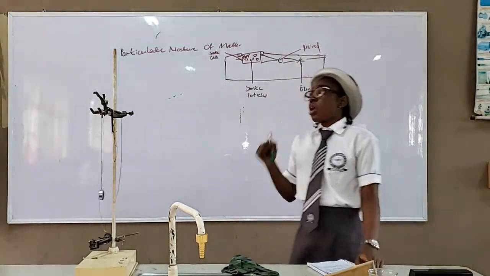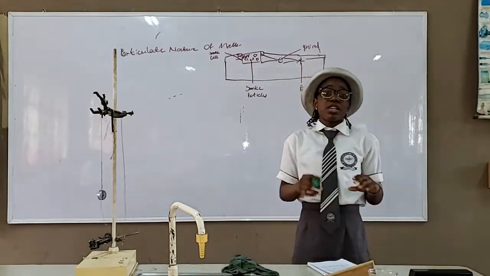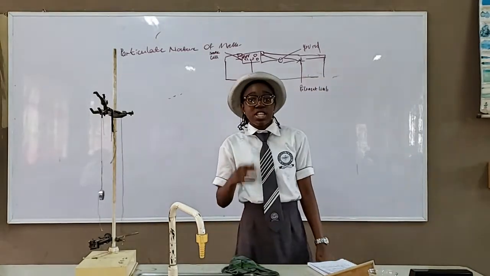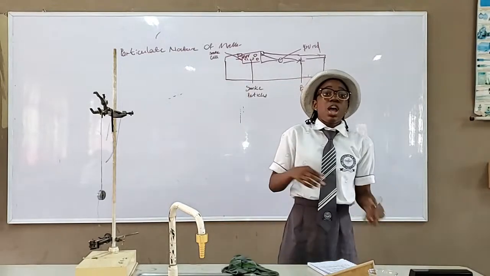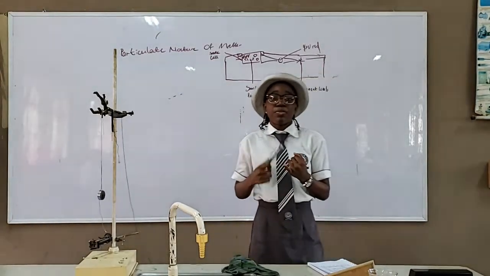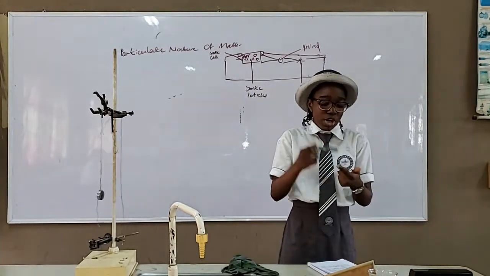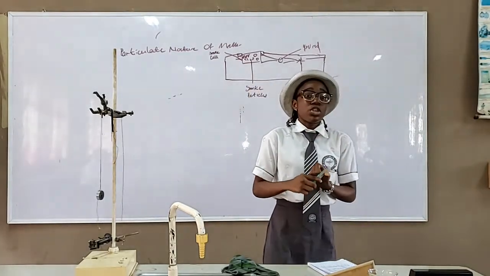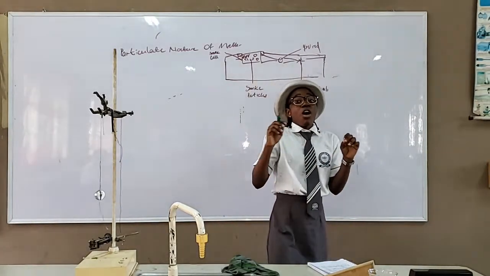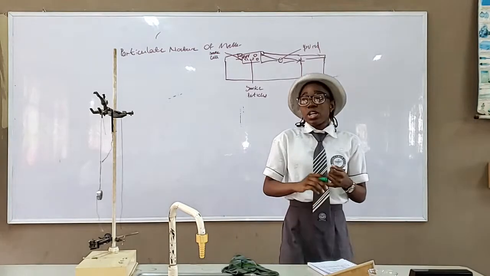So now we go to atomic structure. An atom is the smallest part of an element which can take part in a chemical reaction. And the atom is made up of three different kinds of particles, which are proton, neutron, and electron. The proton is positively charged and has a relative mass of 1. And